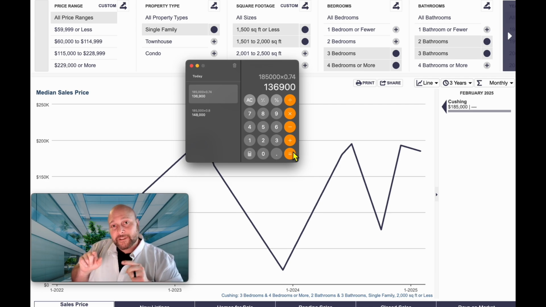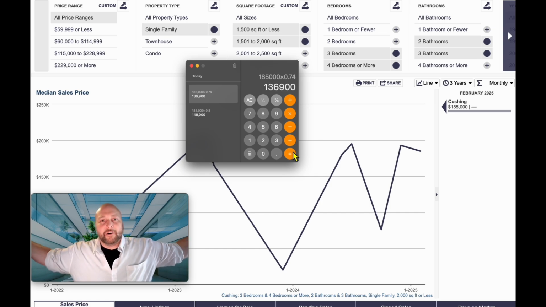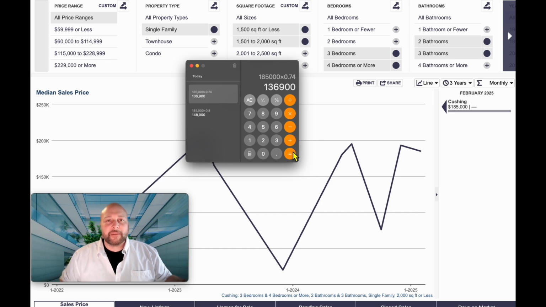That cannot be what this seller is willing to let go of this property for, $136,900, if it needs a make ready. If it's more ready to flip or more move-in ready, the investor may want to buy and hold it, depending on how good the property is and what rents are in the area. But right now, if your market is saying $185,000